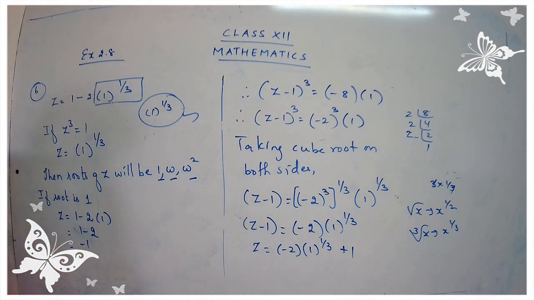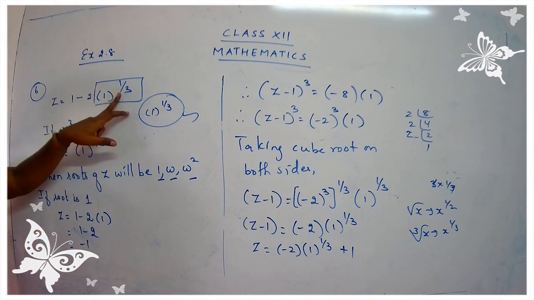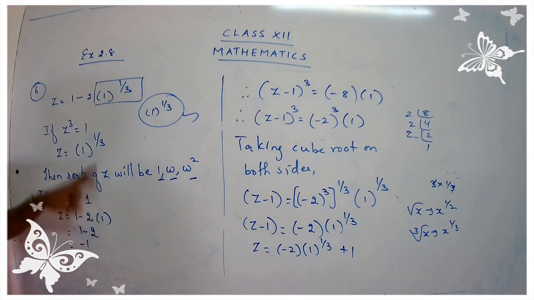Yes? I hope that was the first part that we have to prove. We have to show that that was one of the roots. So we got the first root. What is the first root we got? Minus 1. Are you getting my point, children? Is the sum easy? Is the sum clear to you? Okay. So if root is 1, z will be 1 minus 2 into 1. Where am I going to put this 1? I am going to put the 1 in 1 the whole raised to 1 by 3.